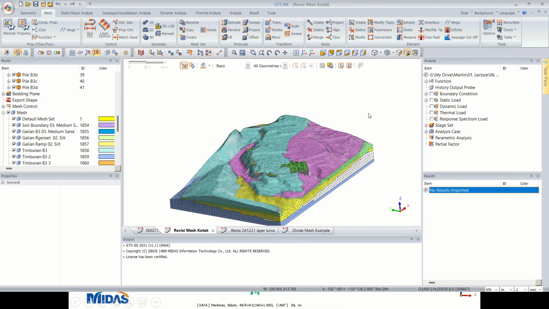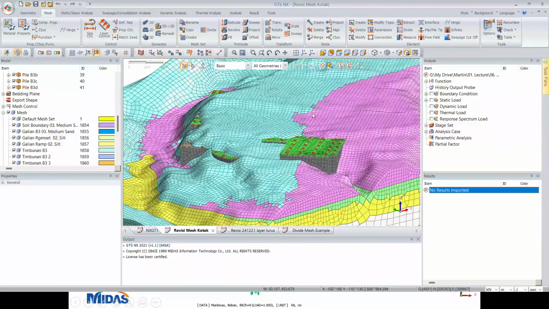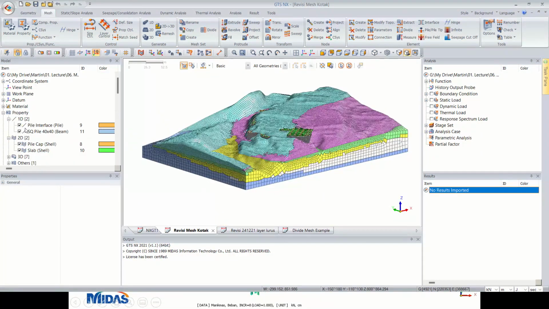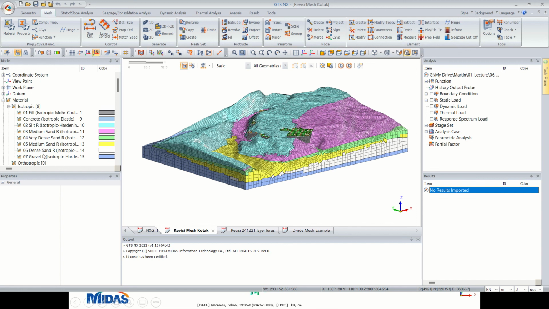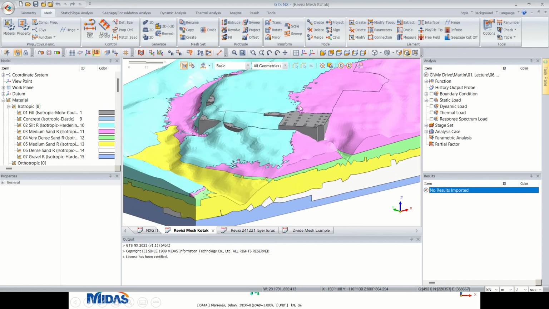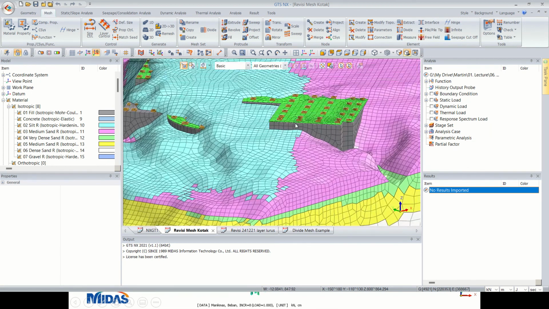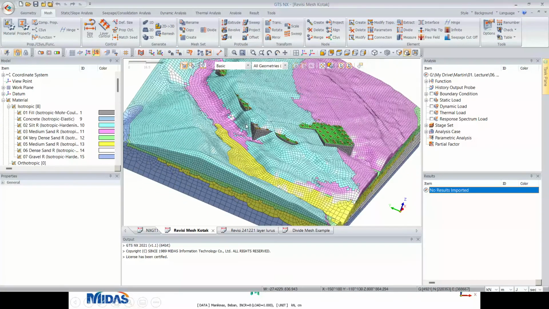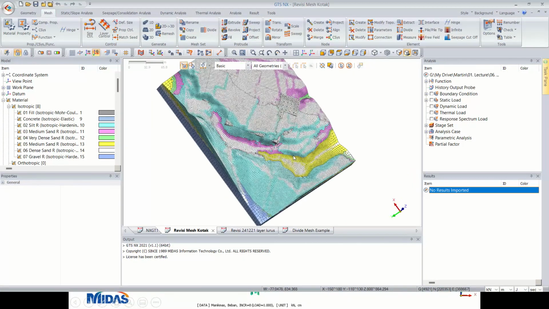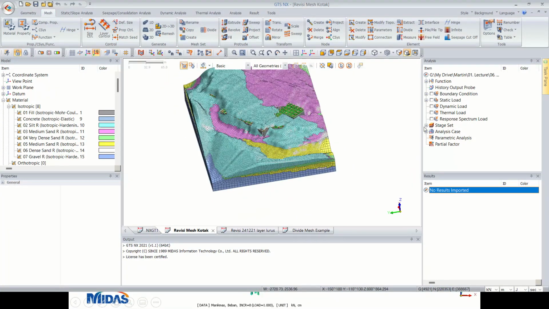Okay, this is the material color. I have a number of soil layers over there, and then this black color indicates my fill. So if you wonder what I did, let me show you the stage construction.